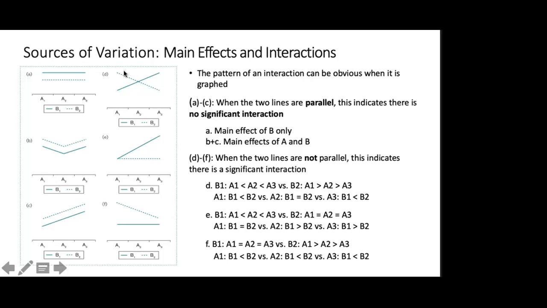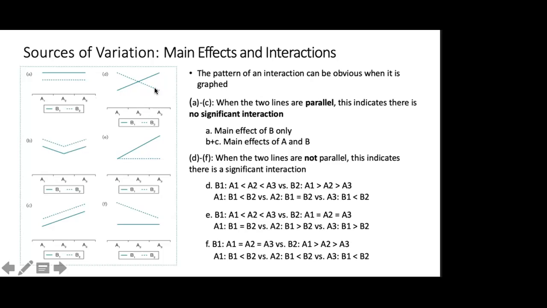Right, for both, because if you look at it, the difference between A1, A2, and A3 for B1 is exactly the opposite of the difference between A1, A2, and A3 for B2. That means if we average across B1 and B2, you would end up with 1 point here and 1 point here, so that would be a horizontal line. So there would be no main effect of A, right? In the same way, there will also not be a main effect of B, because if you average across the